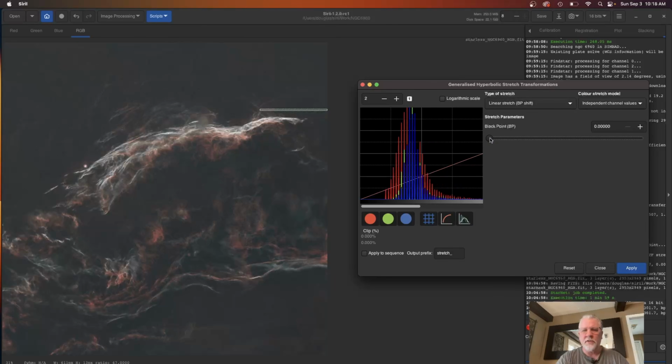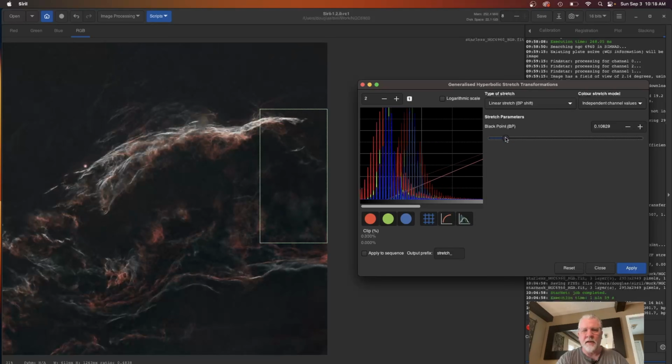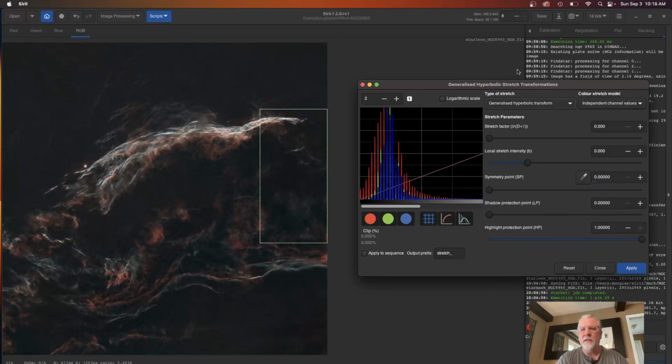And so I want to bring this over as far as I can without clipping. So I'm watching down here in my clipping percentages to make sure that I don't have any clipping. I don't want to lose any data. So I just started clipping there. So I'm going to back that off till it's 0. So right there, and I'll apply that. Now I'm going to go back over to the generalized hyperbolic transform,